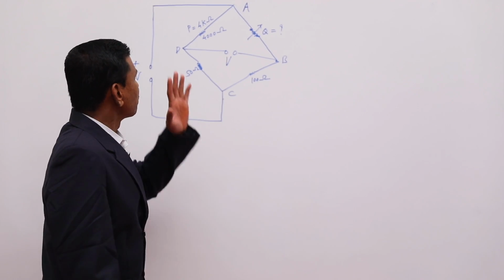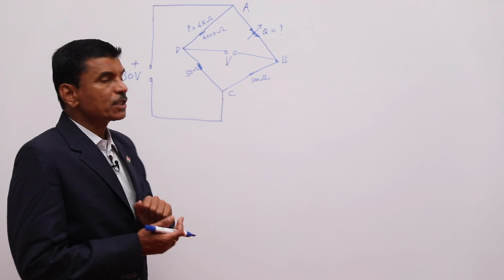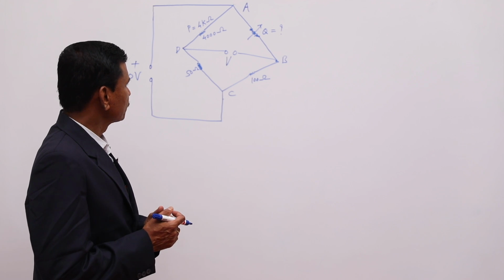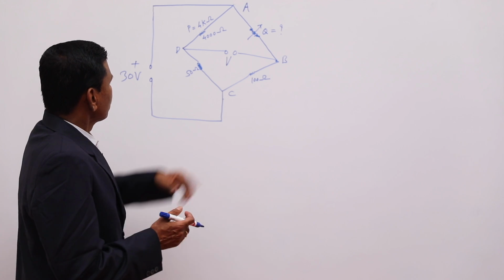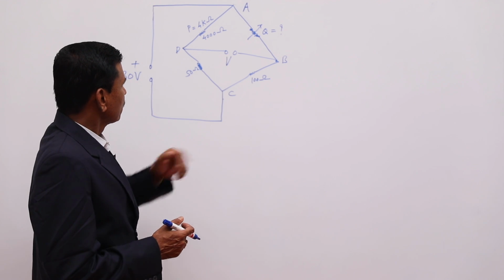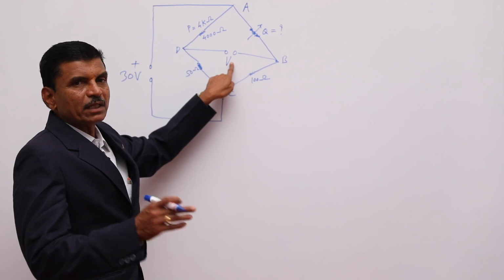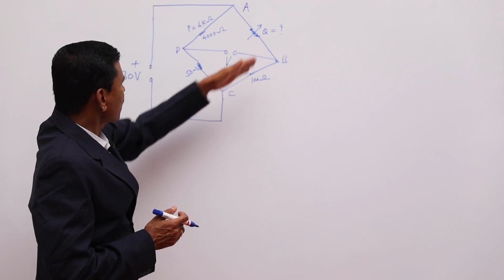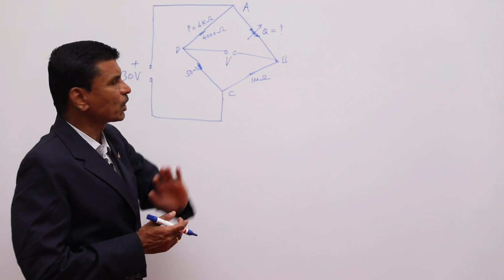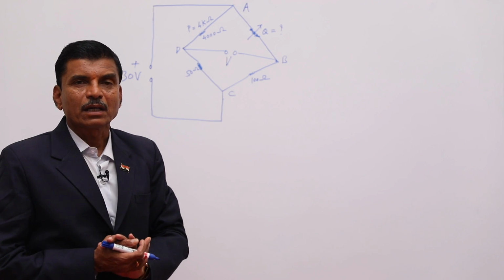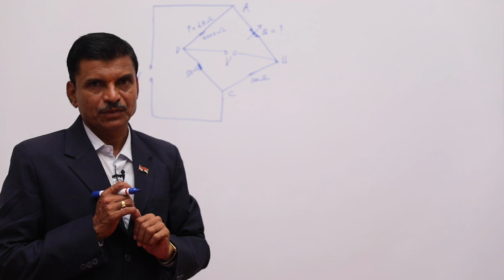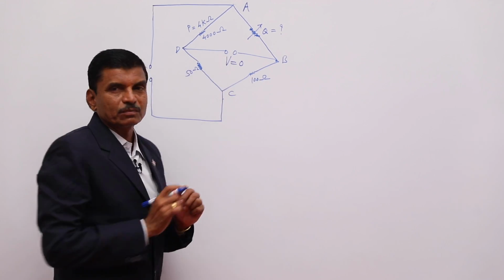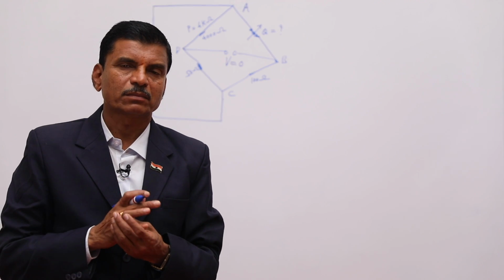Now we will solve this example. Actually this type of example is a solved example in the textbook, but I have taken different values. See, ABCD, Wheatstone bridge network, B to D, instead of a galvanometer they have shown a voltmeter, and resistances are given, and one resistance is unknown, and they have said that the network is balanced, and we have to show that this voltage is 0. So do you get the problem?